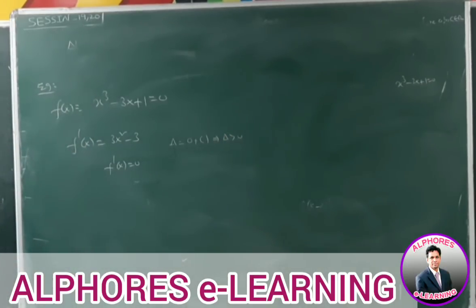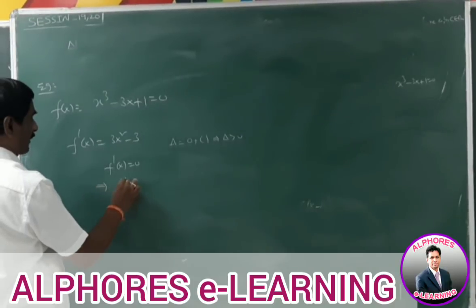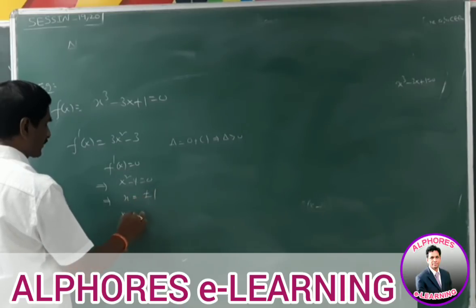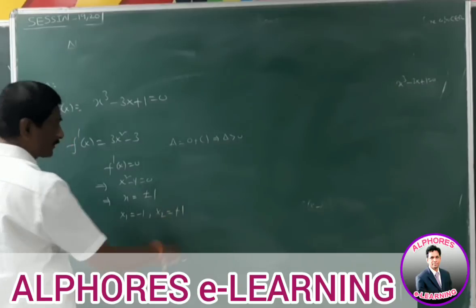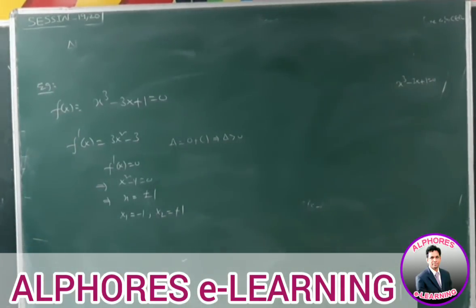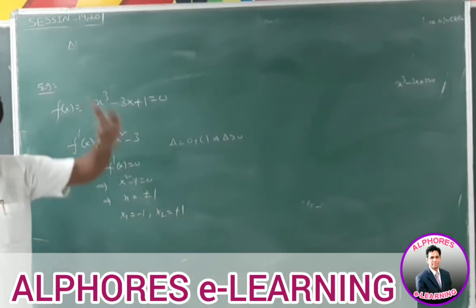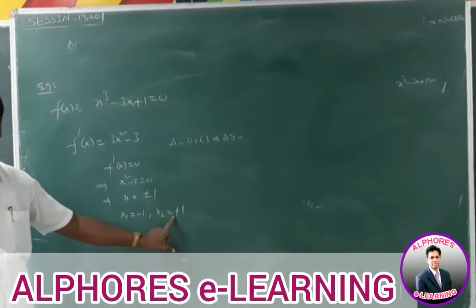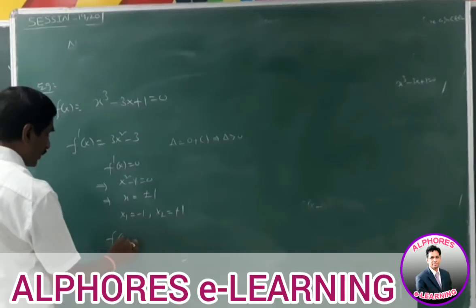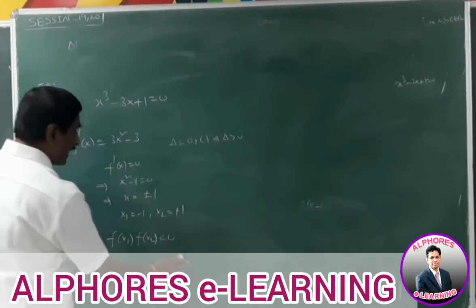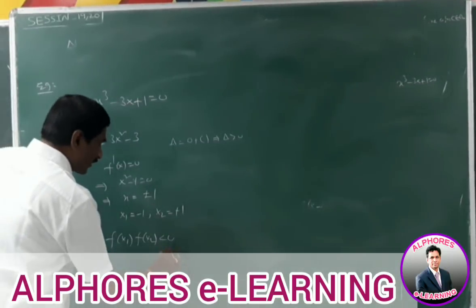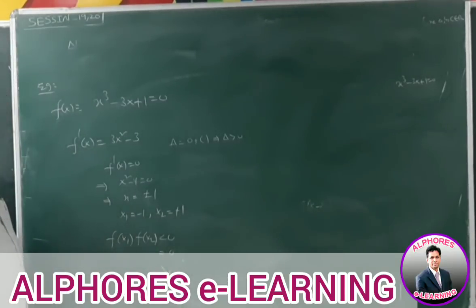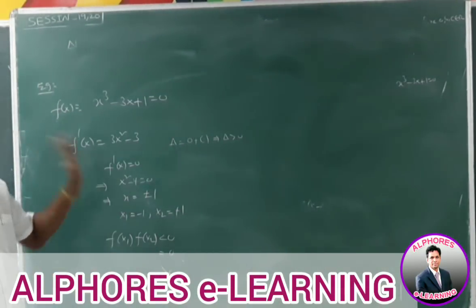What are the solutions of f dash x is equal to 0? For getting solutions, f dash x is equal to 0, that means 3 of (x square minus 1) is equal to 0. X square minus 1 is equal to 0 means x is equal to plus or minus 1. Here x1 is equal to minus 1, x2 is equal to plus 1. In this case, we get 2 roots. That means case 2. In case 2 we already discussed the relation between the values of x1 and x2. If f of x1 into f of x2 is less than 0, we get 3 real and distinct roots. If this value is equal to 0, we get 3 real roots of which 2 are equal. If f of x1 into f of x2 is greater than 0, we get only 1 real and 2 imaginary roots. By using this, we find the nature of the roots.